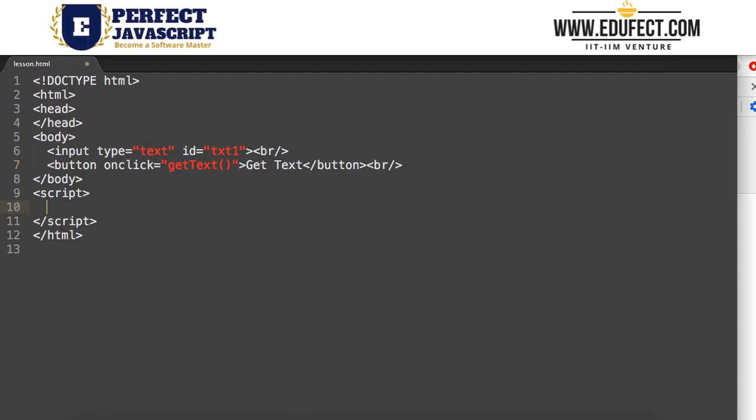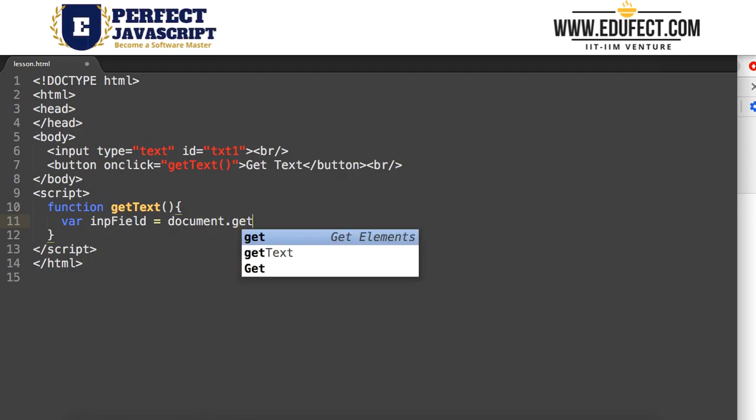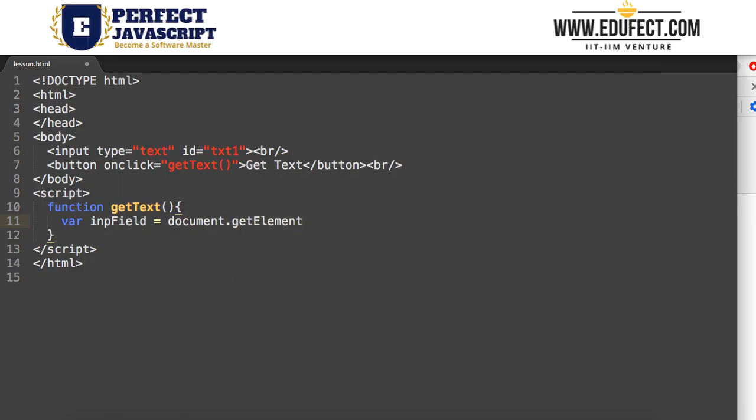So let's define our function. So function, what's the name of our function? getText. And what do we need to do? We need to get the text entered here. So the first thing is we'll fetch this element. So we will say var inputField, that is what we had declared, is equal to document.getElementById, and what is the id?